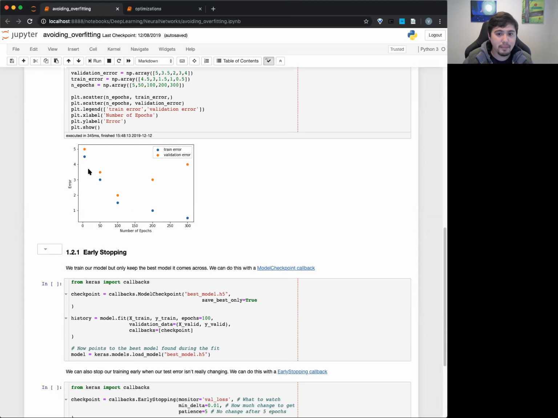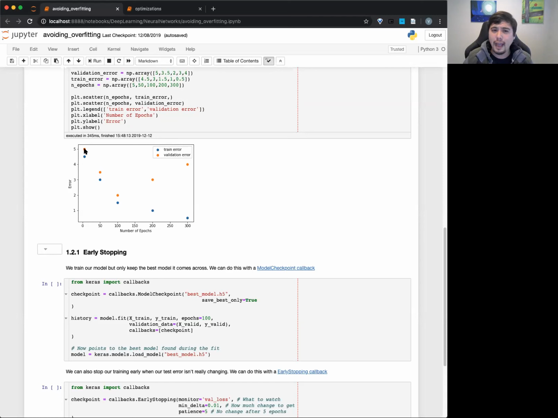And this is just made up data, but that's generally what you would see. You would see the error go smaller and smaller. However, you should expect your validation error not to be as low, right? Because the validation data set has not been seen yet. Your validation error is calculated...